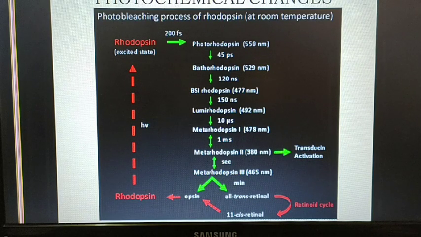Later this bathorhodopsin in a nanosecond is converted into lumirhodopsin